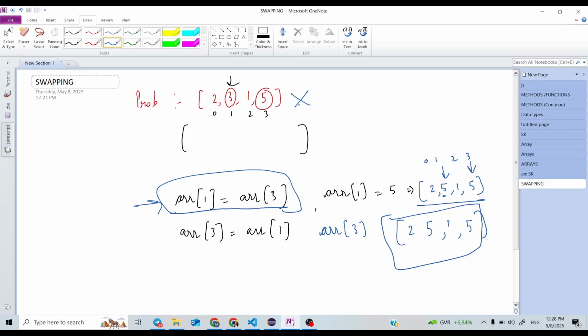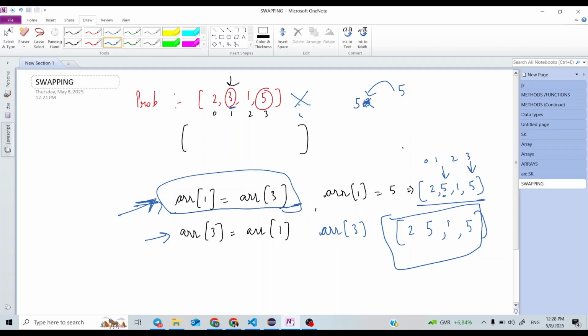So what happens here after this operation is that I have lost the value which was previously at the first index. When I put the 5 at the place of 3, it overrides the value, the 3 will be gone and 5 comes at the place of 3. But I need 3 in this step, and 3 has already been lost in this line.